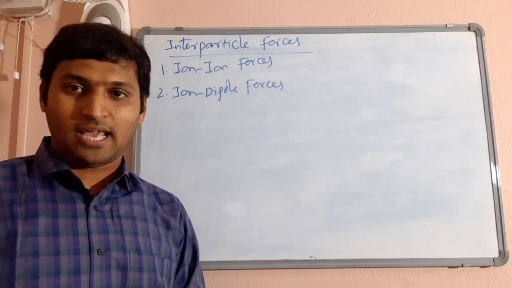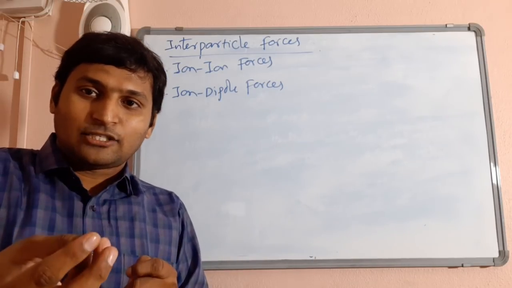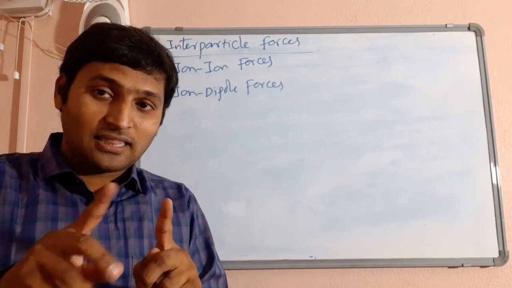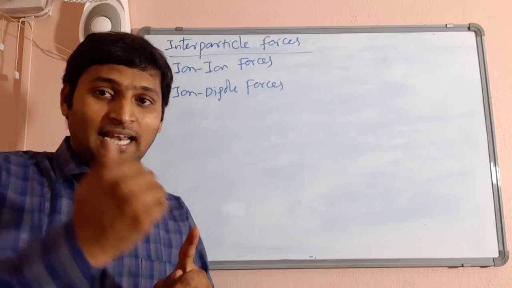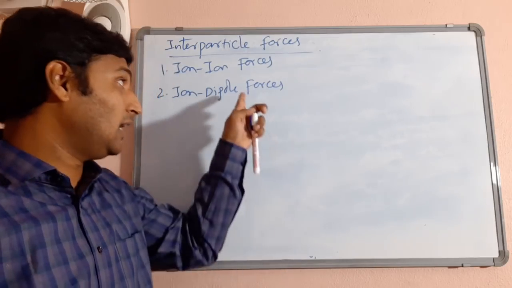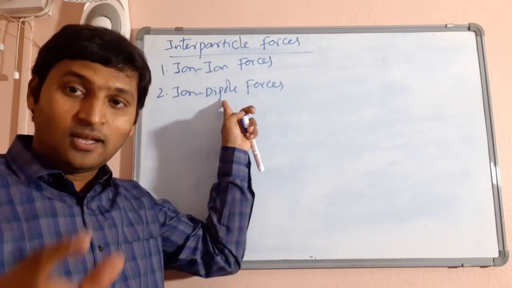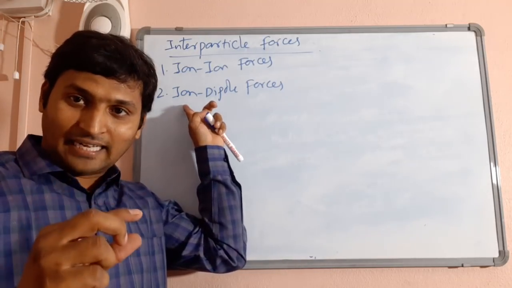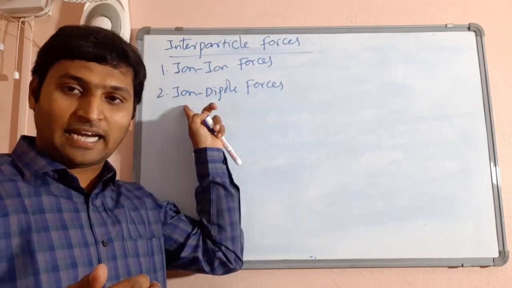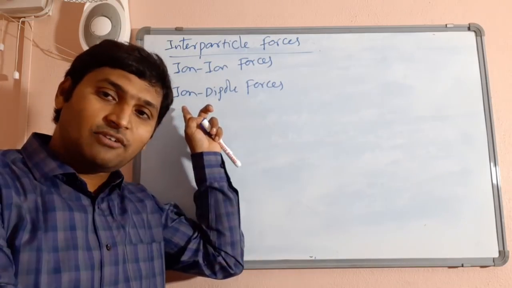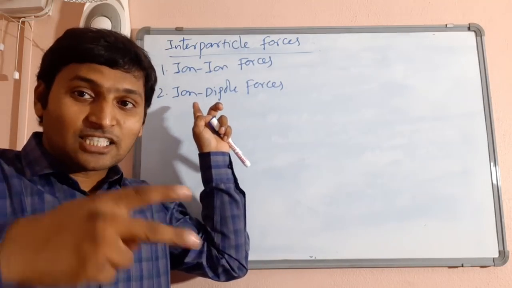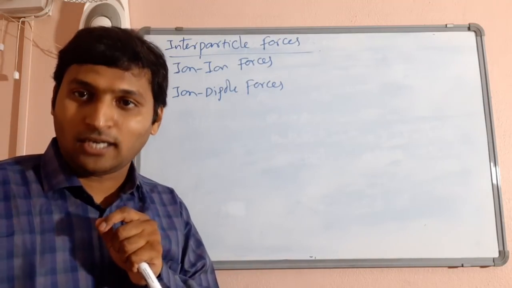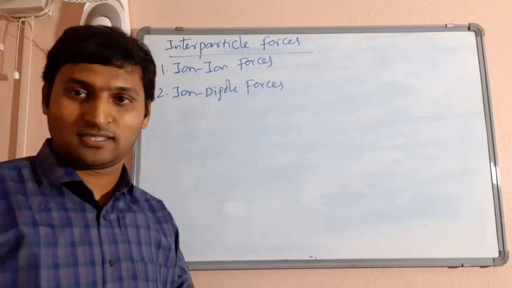However, let me give you a quick idea. When an ion is dissolved into a polar solvent, when the solvent is already polar, that means it has two ends, positive end and negative end, then the molecules of solvent are called dipoles. Now, the opposite end of the dipole attracts the given ion, means if it is a cation, the negative end of the dipole will be attracted to the cation. If it is an anion, the positive end of the dipole will be attracted to the anion. Such force between ions and the dipole molecules of the solvent like water are called ion-dipole forces.